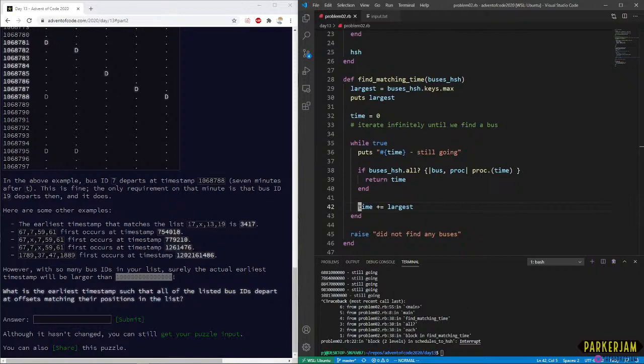It's multiples of 93 and one with many zeros. I don't see why it would be doing that though. Because we set time to 0 and we're just adding. Yeah, time is 0 initially, and then we're just adding on the largest value from the list of buses that we have.